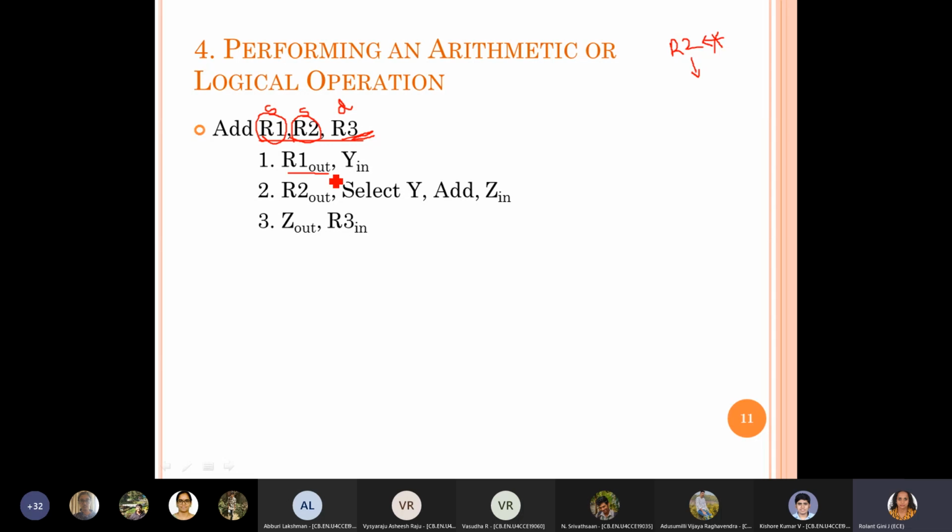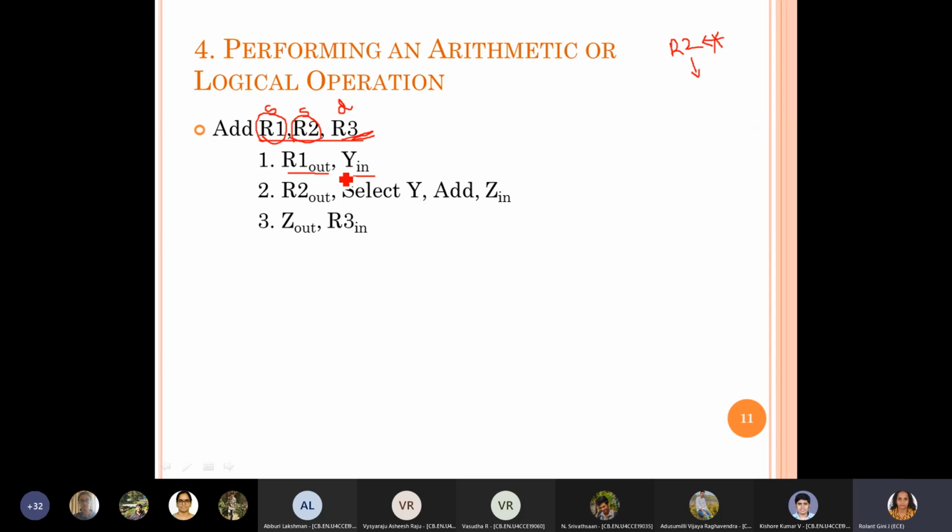According to the data flow unit we have designed, if you look at it, one data should be through Y register, another data can be directly given to the ALU. Okay, so one register we select here R1 out, and we enable Y in. Once Y in has been loaded with the R1 data, there is only one bus. So at a time you can transfer only one data. So you have to wait till the data in R1 gets latched in Y register, and then only it gets stored in Y. Once one data has been moved, then you can enable the next data, that also flows through the same data bus.